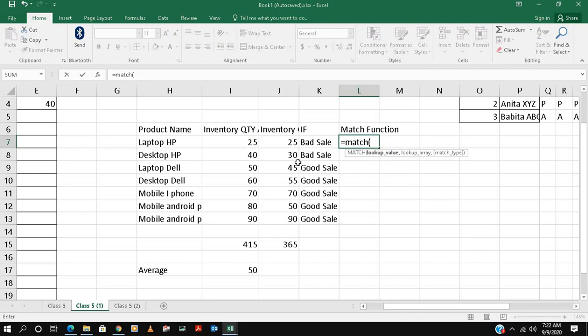Lookup value is this one. Then comma, lookup array, this one will be the lookup array. Okay, then 0.